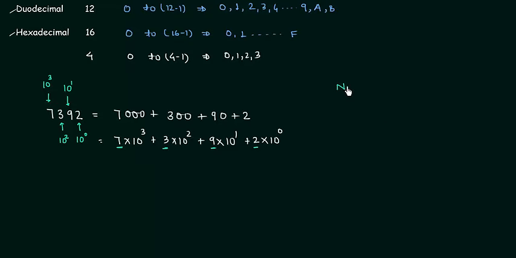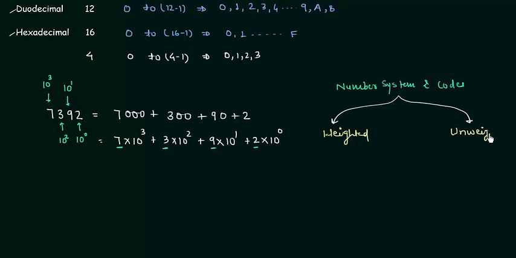So the number system and codes we can categorize into two groups. The first one is weighted and second one is unweighted. In weighted we have few examples. First one